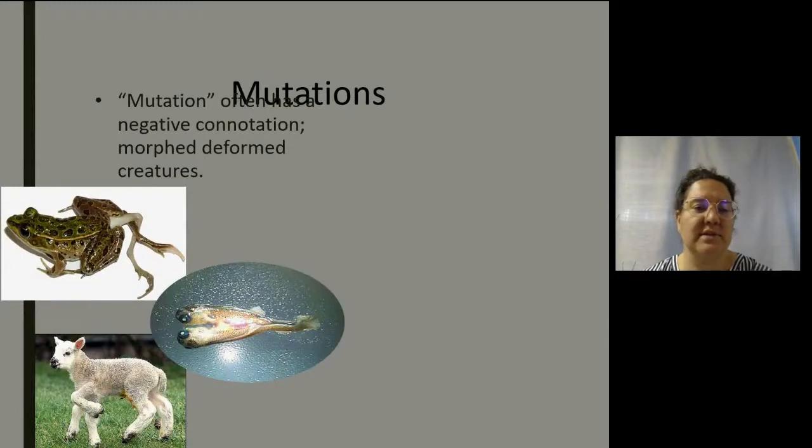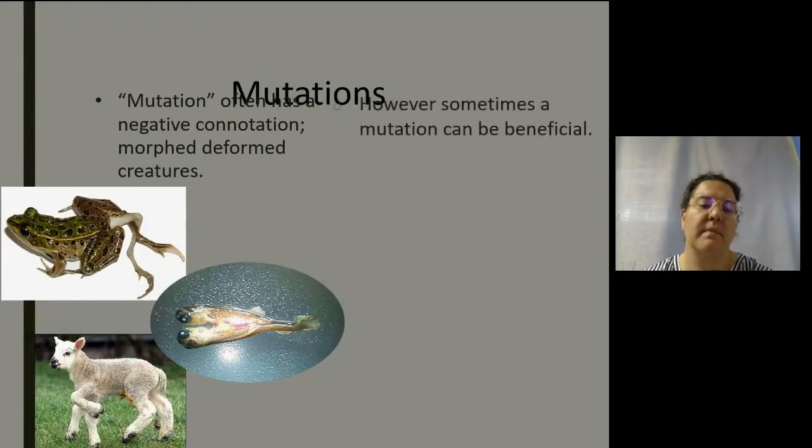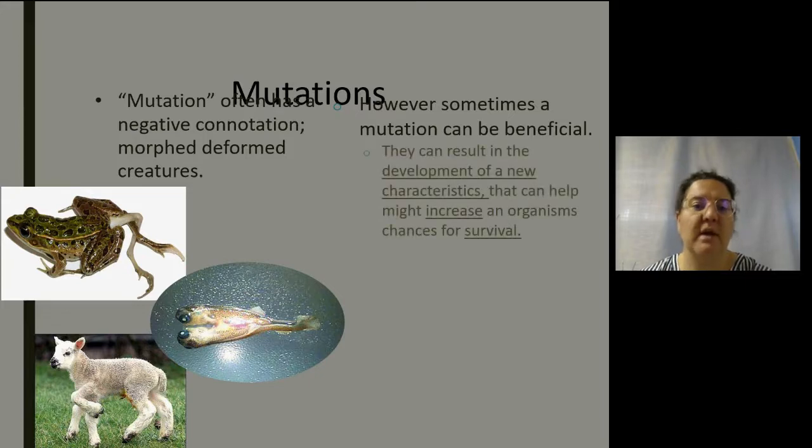So mutations can cause some serious deformities, and so there's often some negative connotation with the term mutation. So we see like this little sheep that has 5 legs or this 2-headed fish. And we do see some of this when it comes to mutations in water bodies that have been heavily polluted by industry. But mutations can also be beneficial because it can result in the development of a characteristic that helps